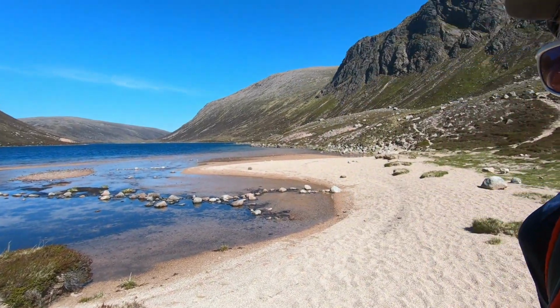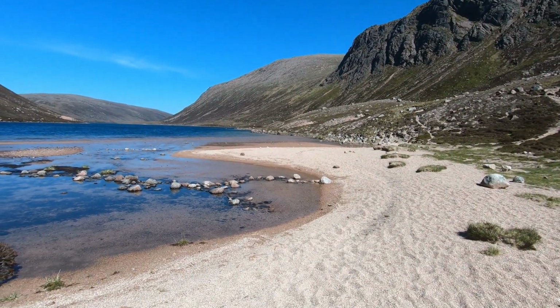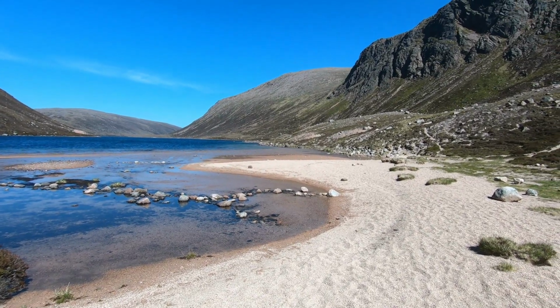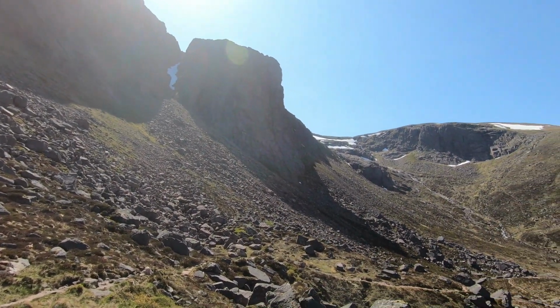We'll see how we're feeling, but it's a beautiful, beautiful place with the sandy beach, and you really would think you were in the Western Isles rather than high up in the Cairngorms, about 720 odd metres. So we'll just head off then, and I'll look back there to the Shelterstone Crag,